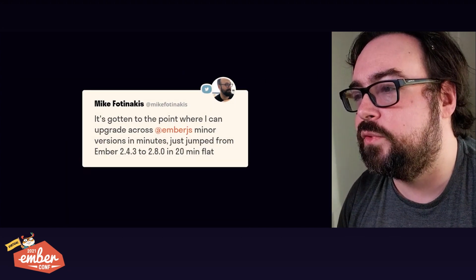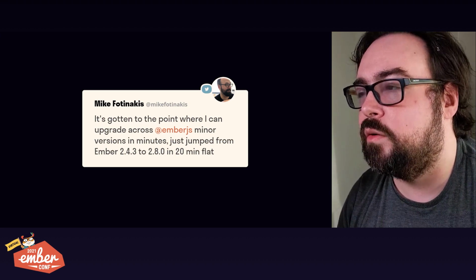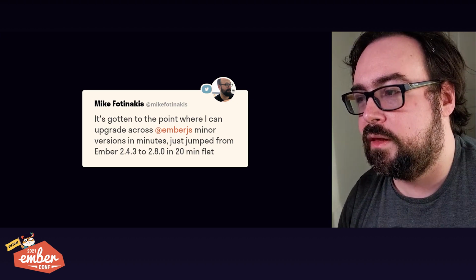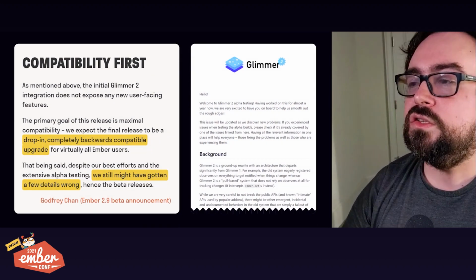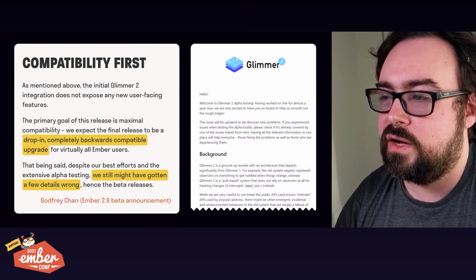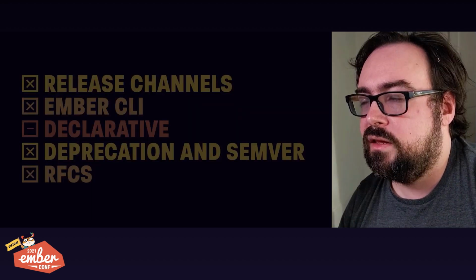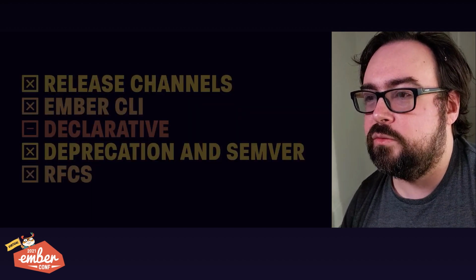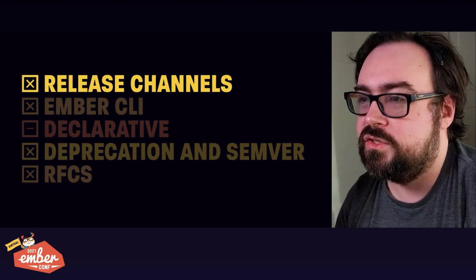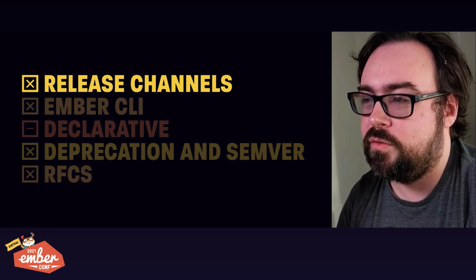And things had really firmed up at this point. We had gotten back to the momentum that we were used to in the 1.x series, and we didn't want to risk that. So after squashing all the bugs we could find in the alpha, we enabled the feature flag in the Ember 2.9 beta. At this point, the system had gotten really rote. Of course we're going to use release channels. Of course that's going to be how we roll things out.